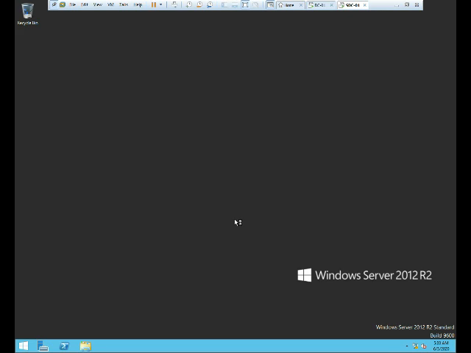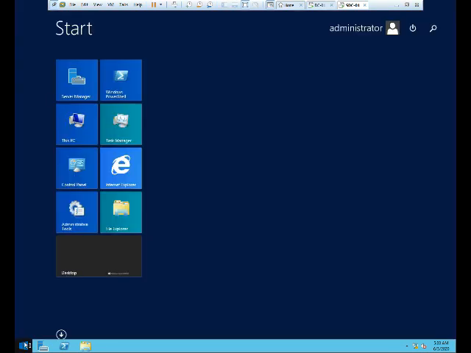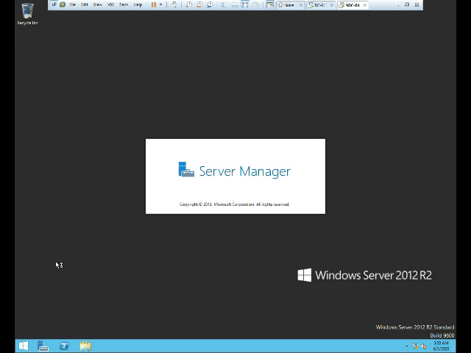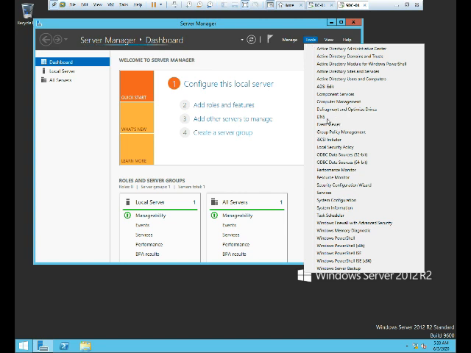Okay, so the server has been rebooted. Let's see now. First we will look at the DNS server. We'll make sure all the zones have been replicated. So click on Tools, DNS Server.